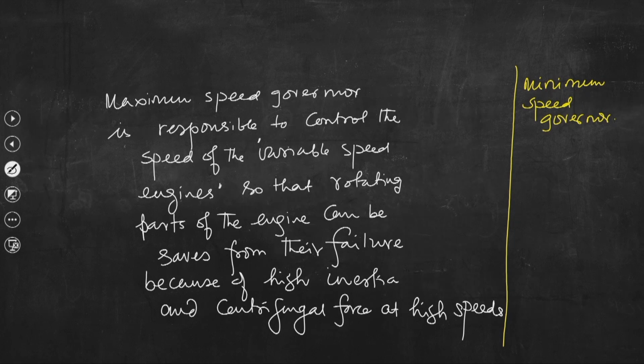One is the maximum speed governor, so as to limit the maximum speed of the engine, and we can save the engine from possible failure associated with the problems at high speeds. On the contrary, we also need to equip variable speed engines with a minimum speed governor,